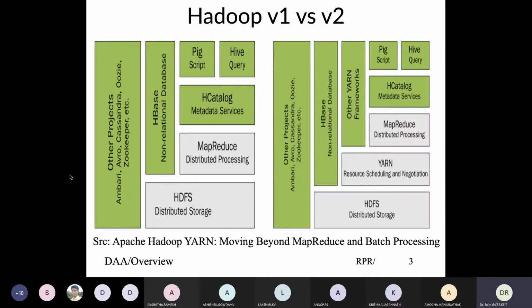In Hadoop 2, you bring in the column YARN, which is basically the YARN resource scheduling and negotiation layer, to manage resources. And because of YARN, these previous things remain as they are, and we get another framework. That means any application which is not a MapReduce type can still run. And that is what YARN basically gives you.